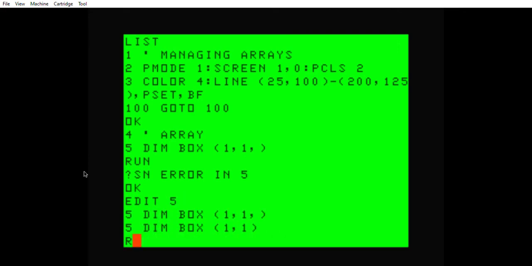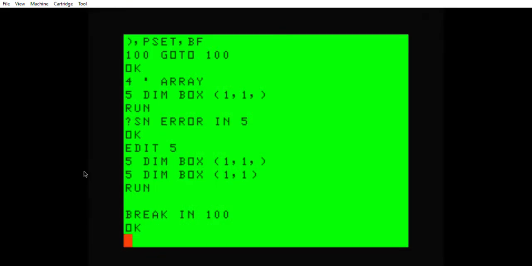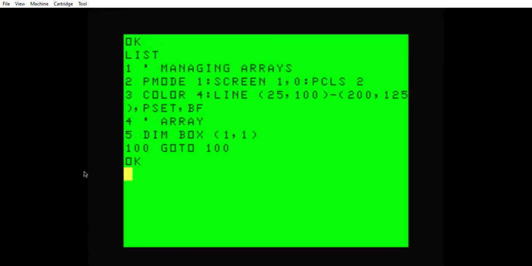So let's run this. It takes it. See, it took that. Now let's list this. Now it takes dimension box, okay, but it only registers the first 2 letters. It's going to ignore the X. So this wouldn't be something that you could do